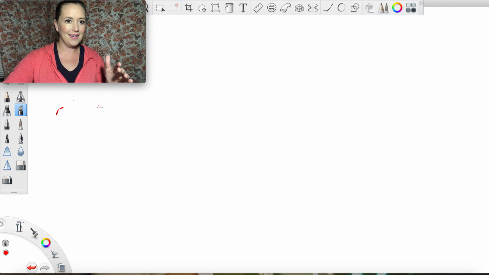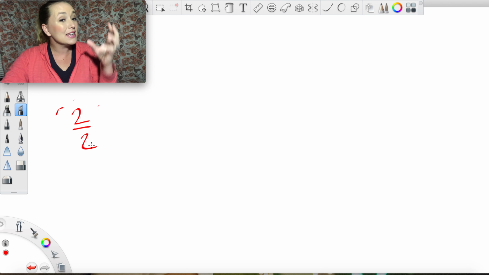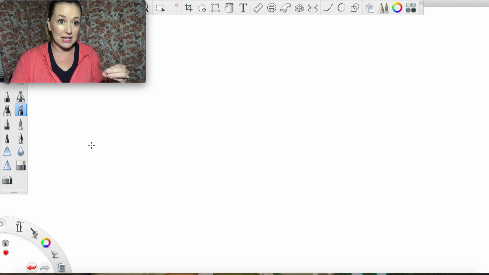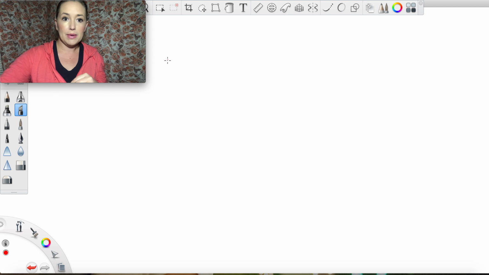Okay, there we go. A fraction is not just a number with one on top of another. Like, that's not a fraction because a fraction actually means something. When you think about a number line,